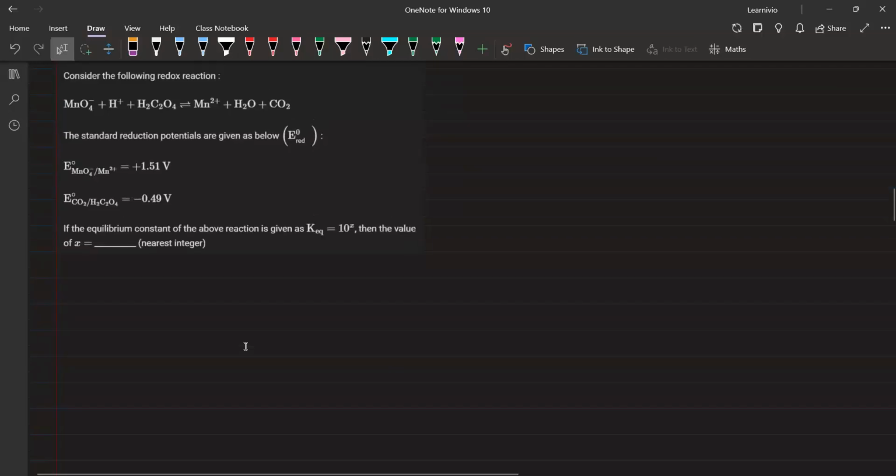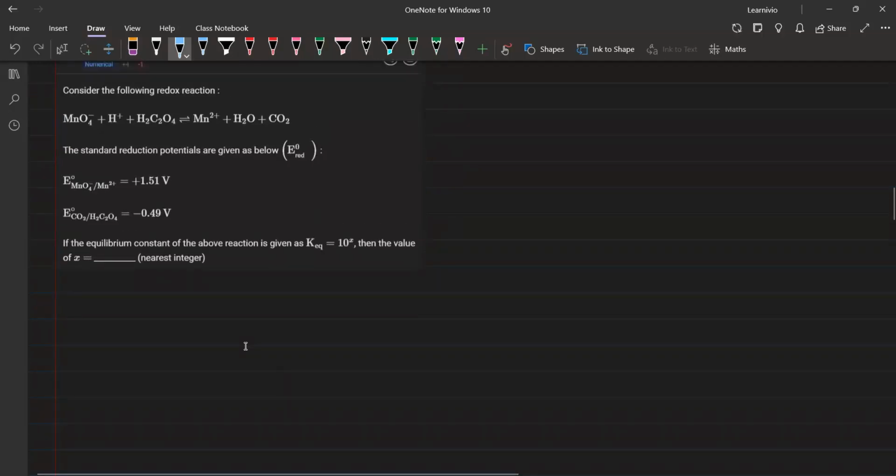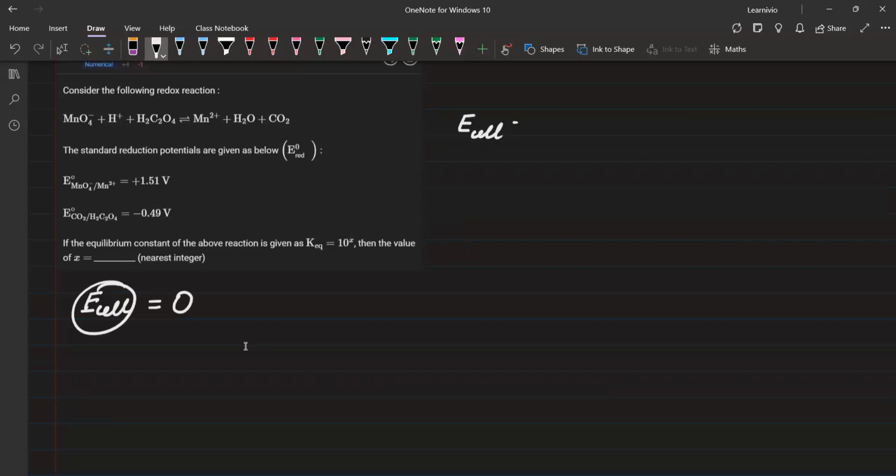When something is in equilibrium, there is no apparent change. And since there will be no apparent change, the E cell, the EMF of the cell, will be equal to 0. So our next equation says that we have E cell is equal to E naught minus 0.059 divided by